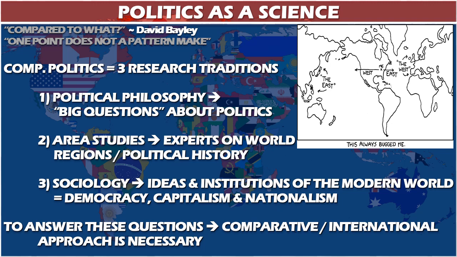And finally, it came from 19th and 20th century sociology, basically, which was concerned with the ideas and institutions of the modern world, the world created by the increase in democracy and the rise of capitalism because of the French and industrial revolutions. And so, really looking at what does democracy mean around the world? What does capitalism mean around the world? Why has nationalism become such a strong force in the last 200 years? And to get really good answers to any of these questions, you basically have to be a comparativist. You have to be able to go outside of your own little area and start looking at your country and use that to compare and contrast with other countries' experiences.